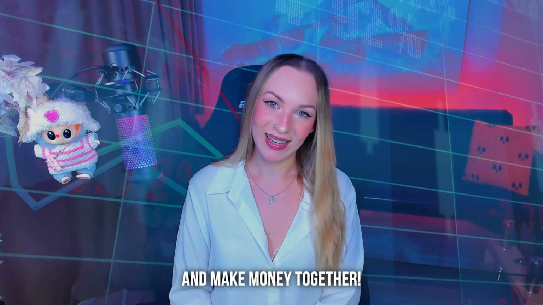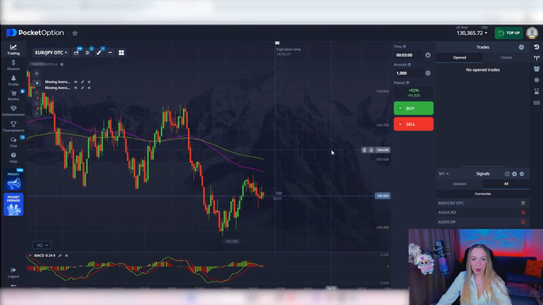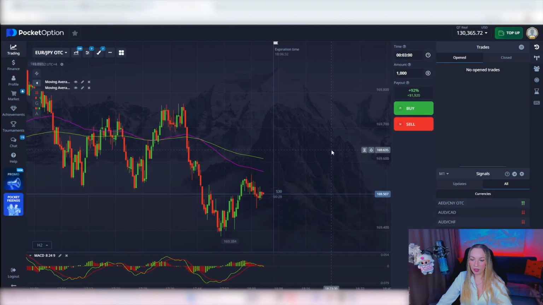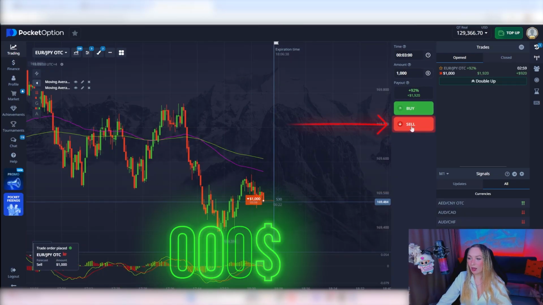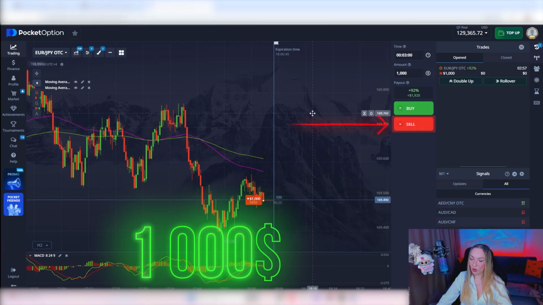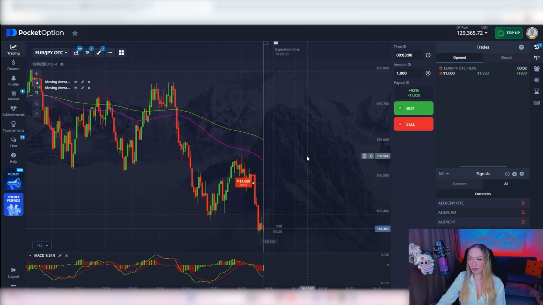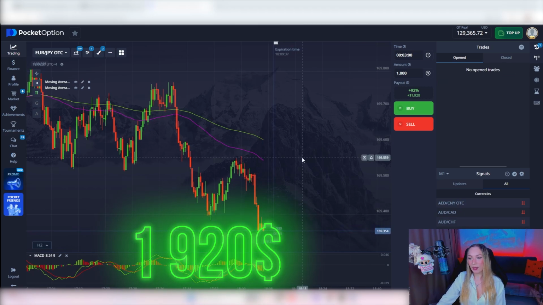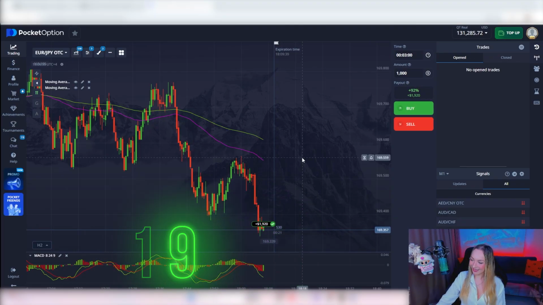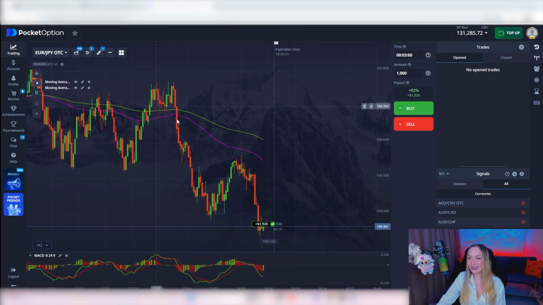So guys, I'm on the Euro GPY and here just formed the signal for me to sell this active down for 3 minutes, and I just open it. Let's go, $1,000. The last two, one, boom, profit. Profit is in my deposit. Amazing. Let's continue